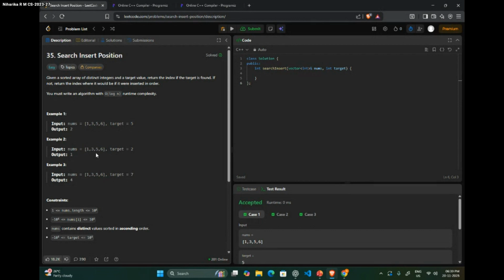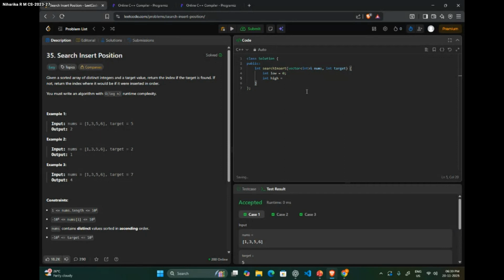It's basically the basic binary search, but there is one small twist. I'll tell you guys how we are finding the insertion position. Like we spoke before, what is the first step of binary search, guys? We need to initialize the low and high indices. So low is equal to 0. Before, I had taken an input parameter of size. Here we don't have an input parameter of size, so we need to find the size of the array so that I can initialize the high element. So how do we do that?